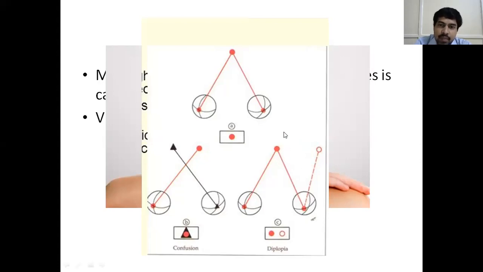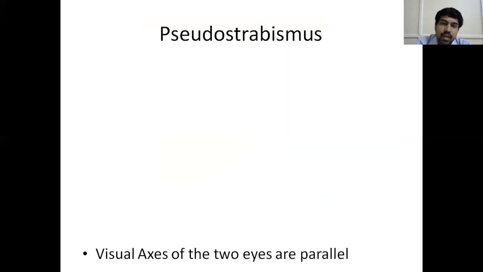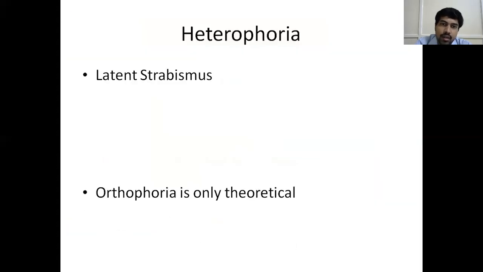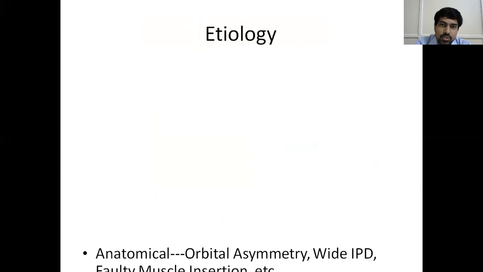False projection is that actually the image is present here in space. But because of this double vision or because of this squint, the image appears as if it is present somewhere here. That is because of the difference in the X, Y, and Z coordinates of this particular point on the retina where this image is falling. So think of a pilot who is flying a plane and is going to land it. At that time, he's unable to see the runway and where he's going to land, either here or here. So it becomes a disaster. So that's why we have to evaluate very carefully all the train drivers, flight pilots and others for squint.